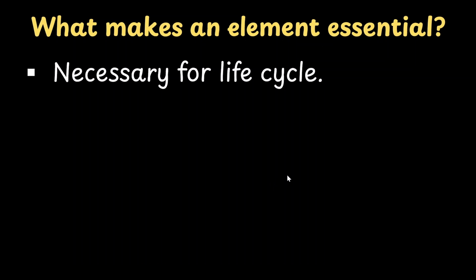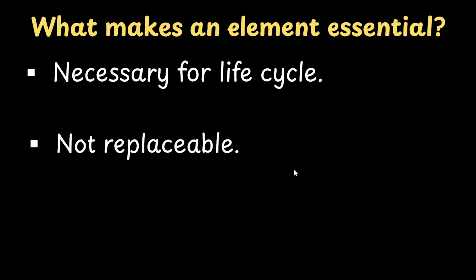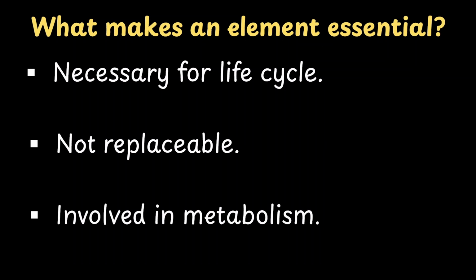The second requirement is that the particular nutrient is not replaceable. So these nutrients are very specific for the plant and they cannot be compensated by giving another element in its place. So deficiency of this particular element is not replaced by supplying with another element. Finally, the nutrient is directly involved in metabolism of the plant. Based upon these criteria, only a few elements have been found to be absolutely essential for the plant growth and